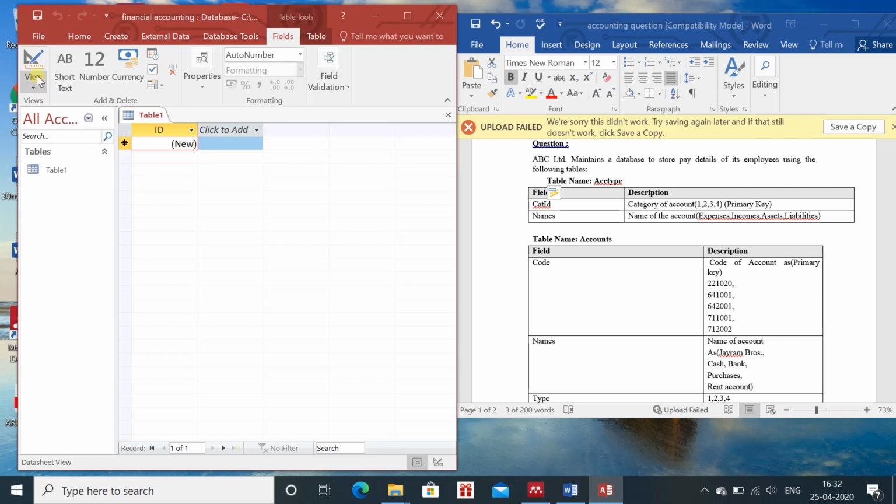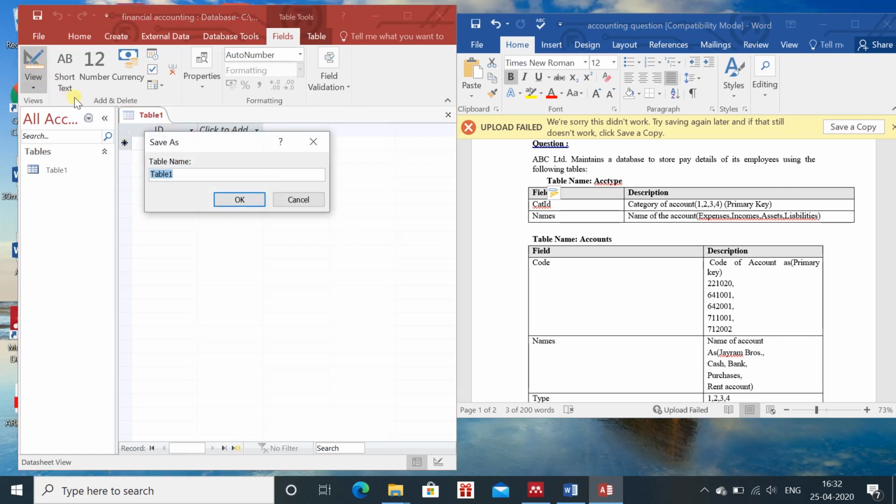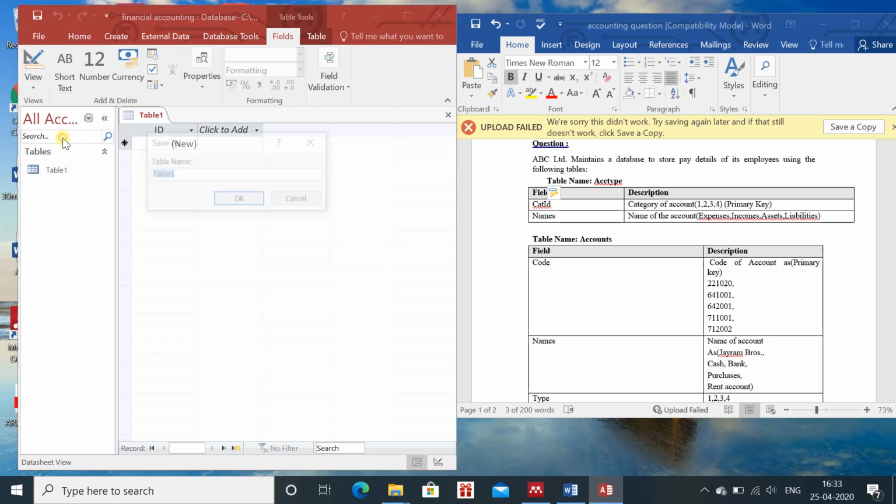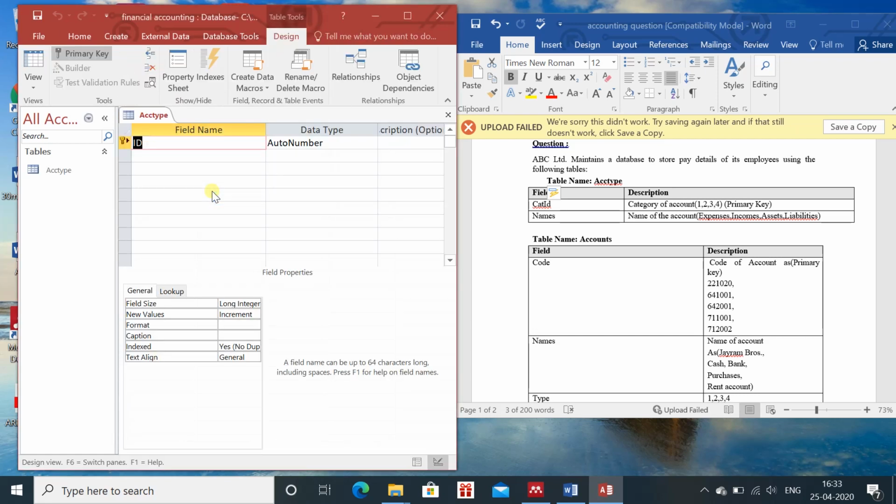Okay, we will go to the design view. We'll go to the view, then we will go to the design view. You can write the name of the table in this case. So this is the table.